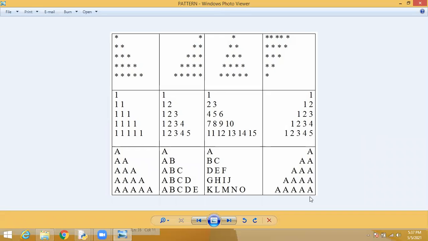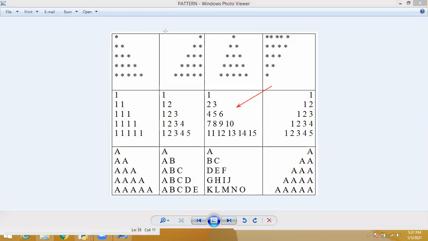So the homework is this program and this program. These 2 programs are your homework. Students, everyone do these 2 programs, 2 patterns, and submit to me before tomorrow's class. Students, understood? Yes. And one more important thing that for